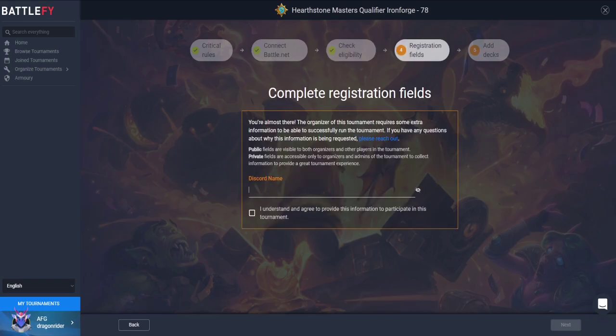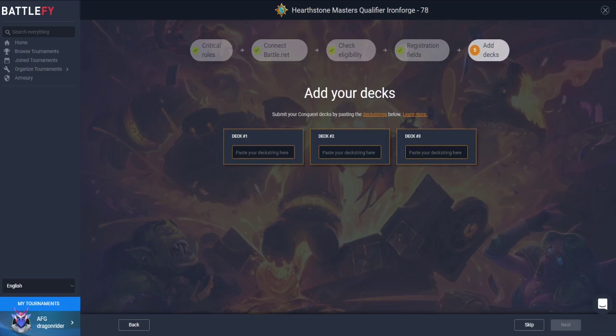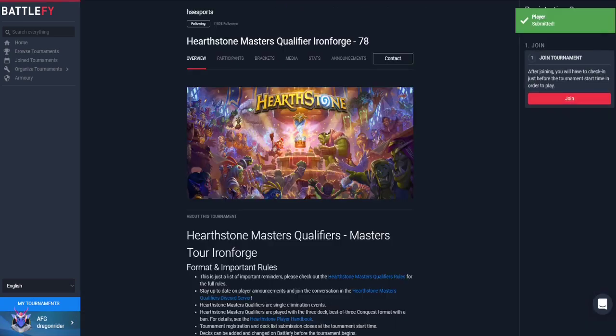Then it brings you to the next part of the registration, which is putting in your Discord name. In Discord, if you just hover over your name in the bottom left corner, you can just click on it and it will copy it, and then you can go back to your page. I usually just do Control V and next. Now it brings you to the deck screen. You can enter your decks now if you're ready to, or they actually do have a skip option, and then